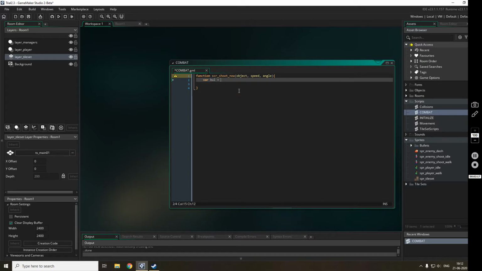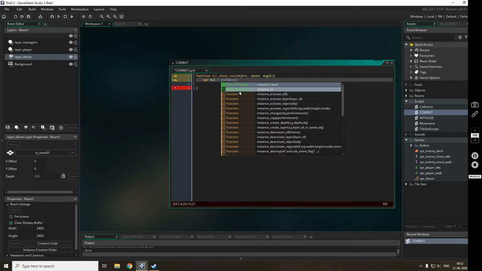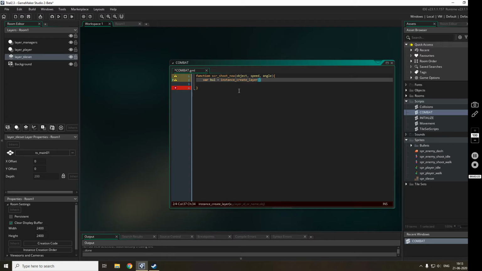Bull is equal to instance_create_layer, and we will be instantiating it in the player layer. We also have to give the position x and y.